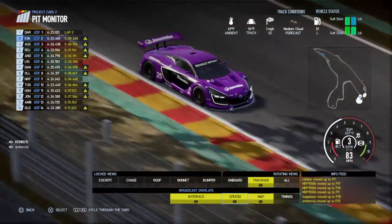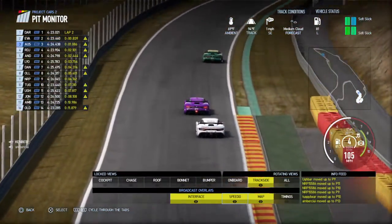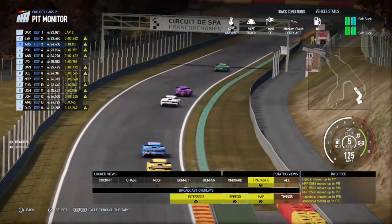Let's go back up to the front and see what Evan's up to. Evan doing a fantastic job now, holding off 2nd place, but Aussie Albie, our resident